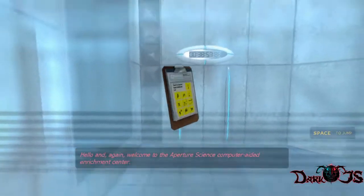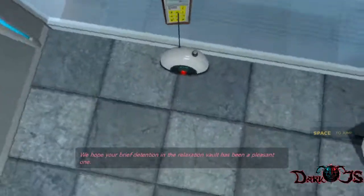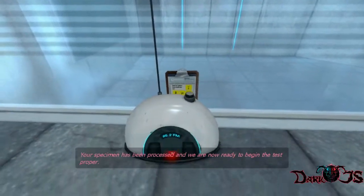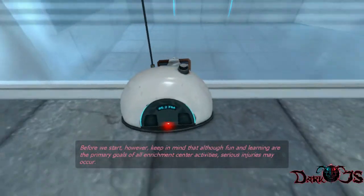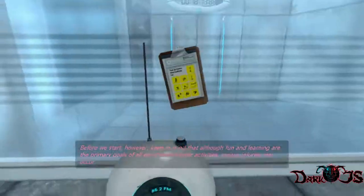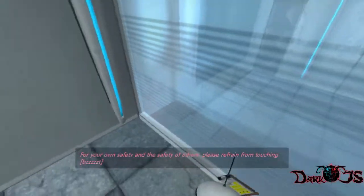Hello, and again, welcome to the Aperture Science Computer-Aided Enrichment Center. We hope your brief detention in the relaxation vault has been a pleasant one. Your specimen has been processed, and we are now ready to begin the test proper. Before we start, however, keep in mind that although fun and learning are the primary goals of all Enrichment Center activities, serious injuries may occur. For your own safety and the safety of others, please refrain from